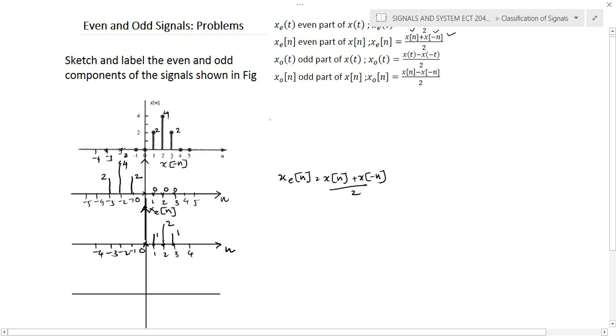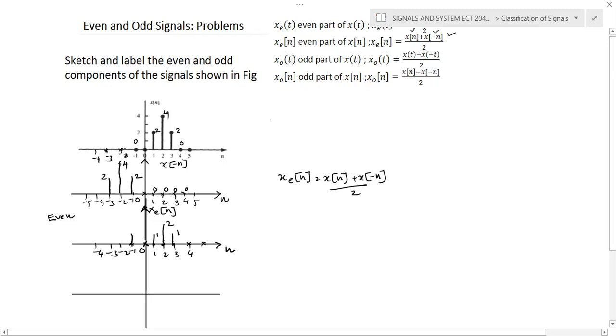Okay, and for the remaining values the function magnitude is 0. So for here it is 0, here also it's 0. So 0 plus 0, you'll get 0. Now for the negative side, n is equal to minus 1, here it is 2, and here it is 0. So 2 plus 0 by 2, so you'll get 1. We know that it is an even signal. Even signal will get exactly the same values for the positive side and negative side. So we can verify that also. So definitely we need to get 2 here.